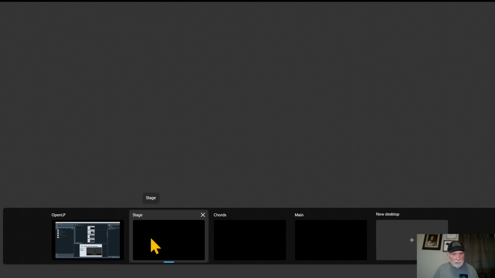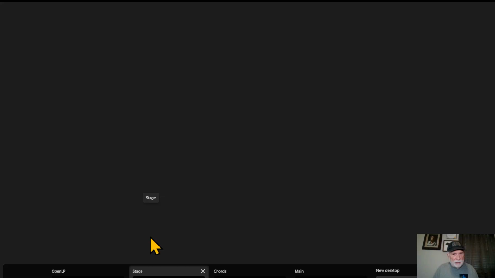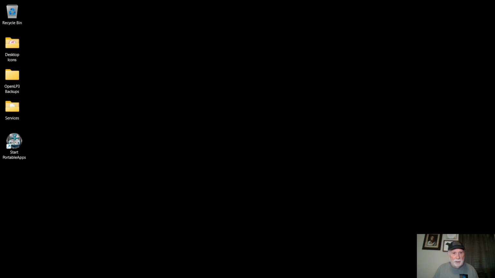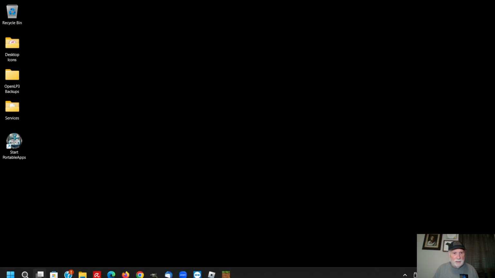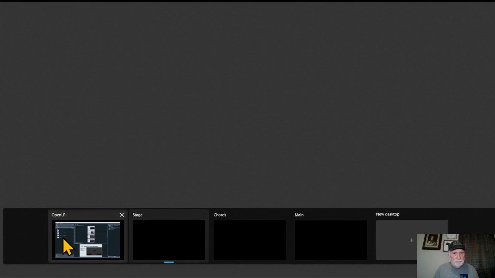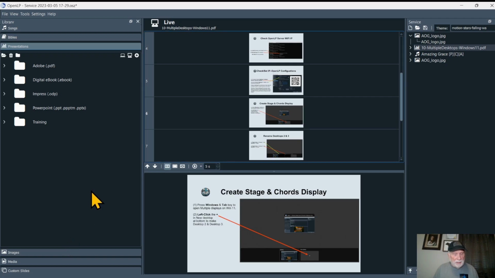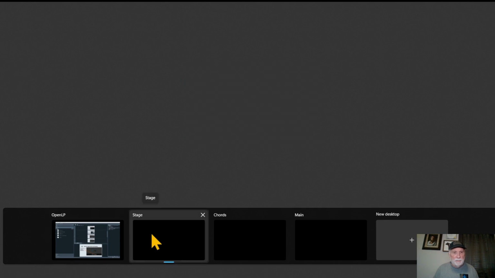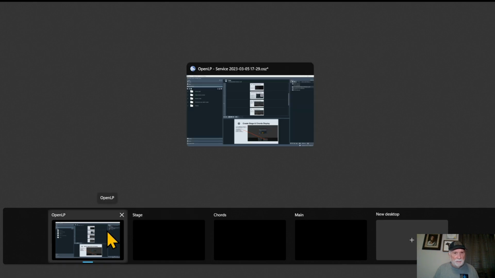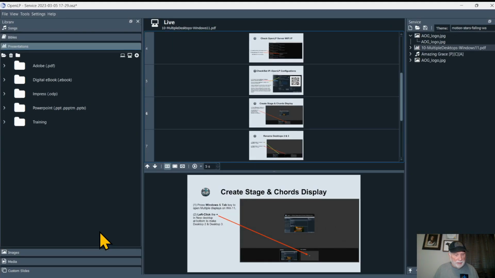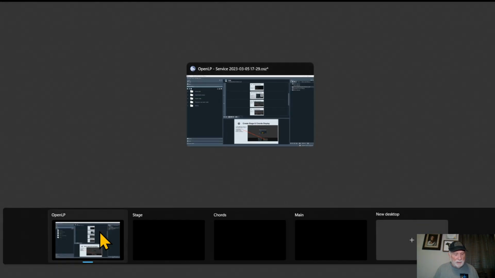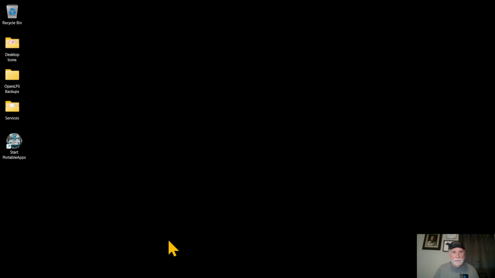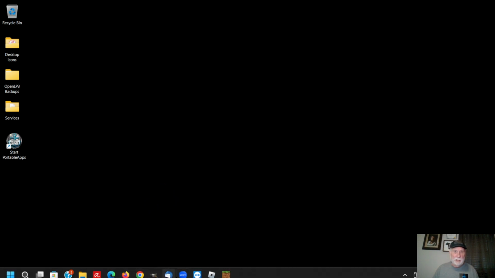Let me push it again. It's a tab, and it tabs back and forth between the views that you're going to. Let me go back to here. There's OpenLP. I can Alt tab and select a new one, or I can select this one. If I select that one, I open up to that. I can do the Windows tab key, then I can select stage. Now, we can do like we did before. I can open a browser,